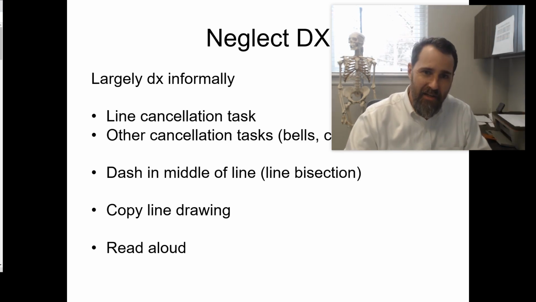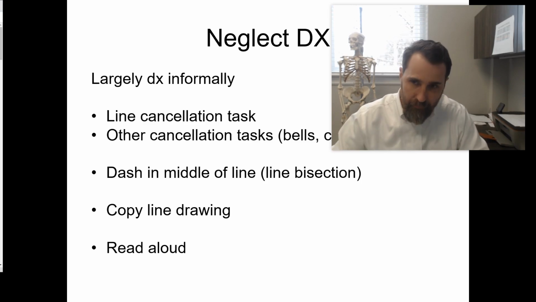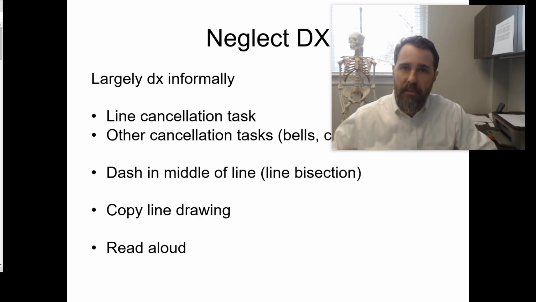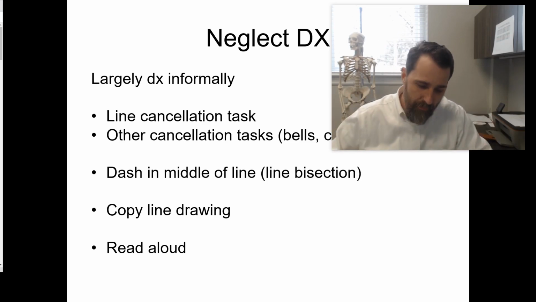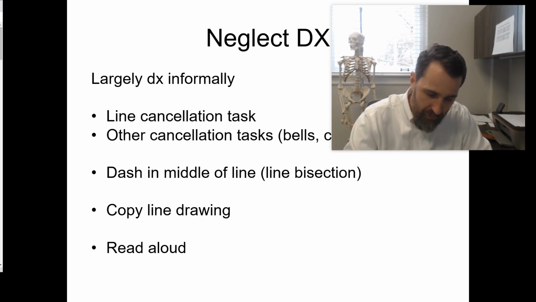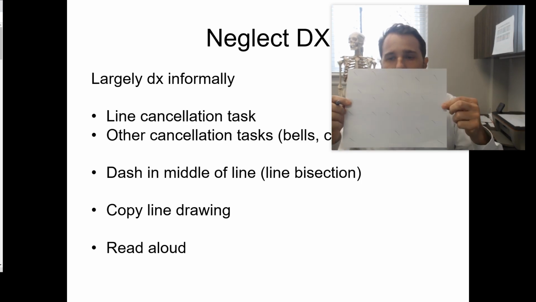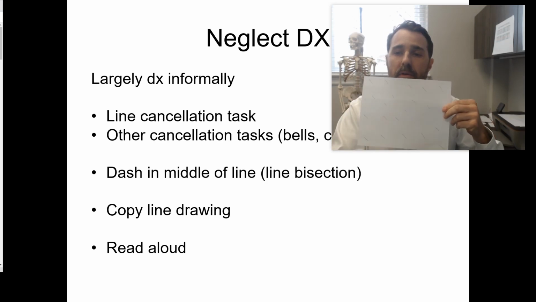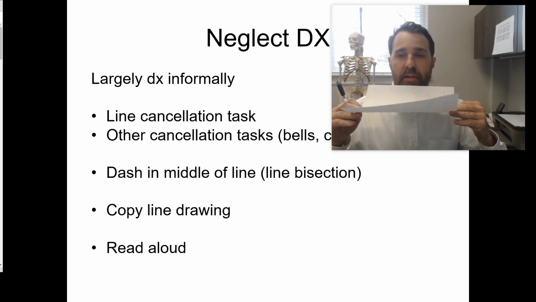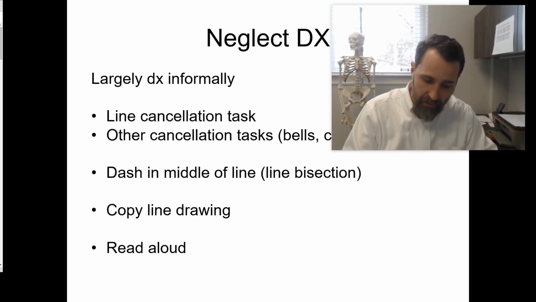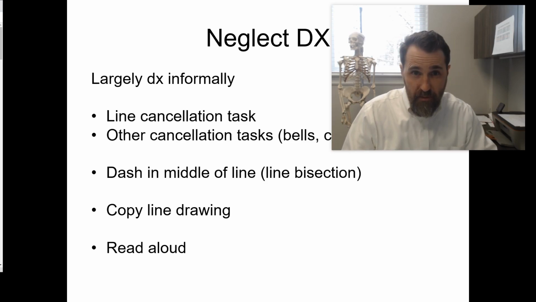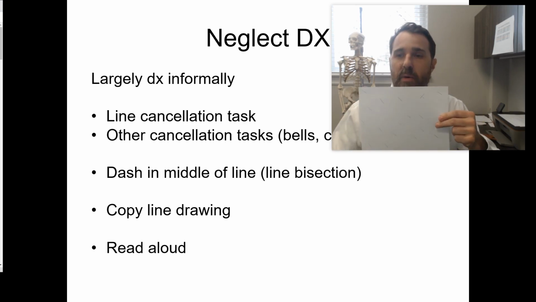So a line cancellation task. This is extremely easy. I don't even carry it with me pre-made. I take a blank sheet of paper and I start putting marks going one way all over the paper. And I make sure that I've gotten the corners. And basically, you put it in front of the patient, and I'll put the first mark for them, and I'll do it in what I know to be their non-neglected space. So I'll make an X,